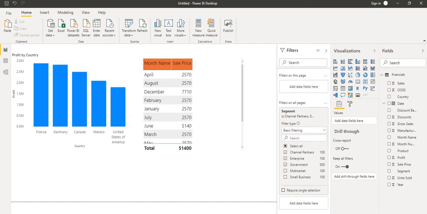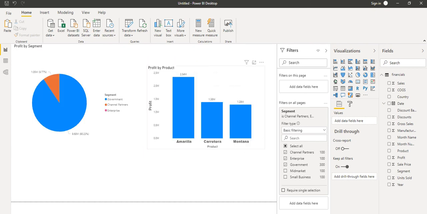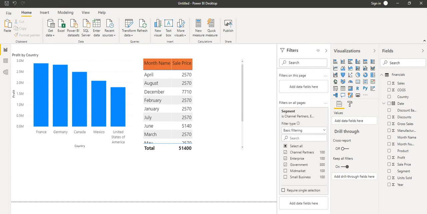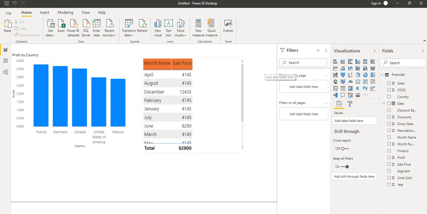And instead of just page 1 and page 2, if we have previous pages also, it will reflect the changes there. If I go here, it is showing the data, like product, and here also it is showing, because this filter on all pages will reflect to all the pages. Now we can remove this filter from here, so it will go back and all the values will show like before.